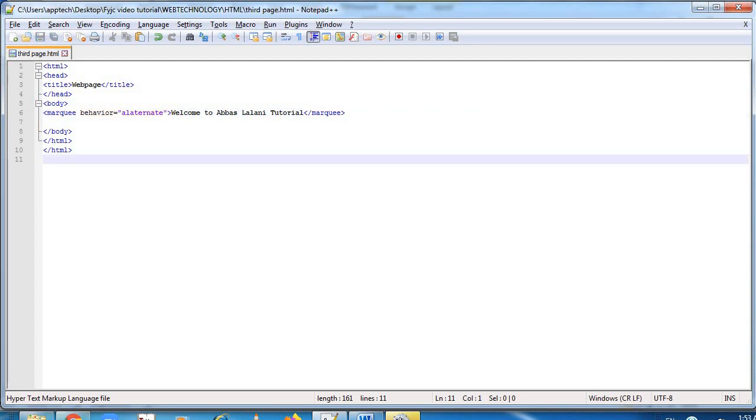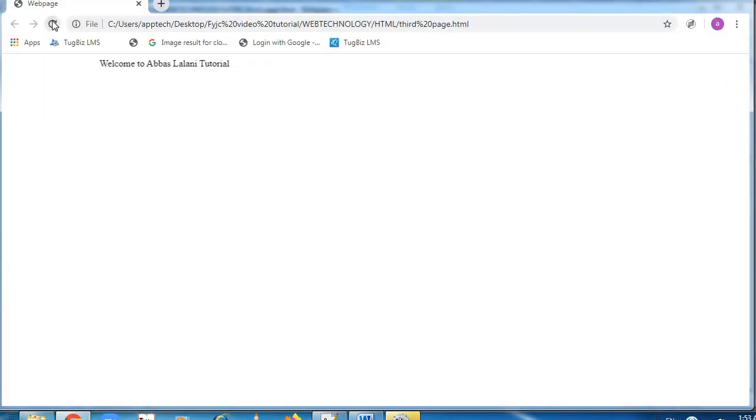Control X. Let's see what will happen. Now it will scroll, it will go and then it will bounce back.